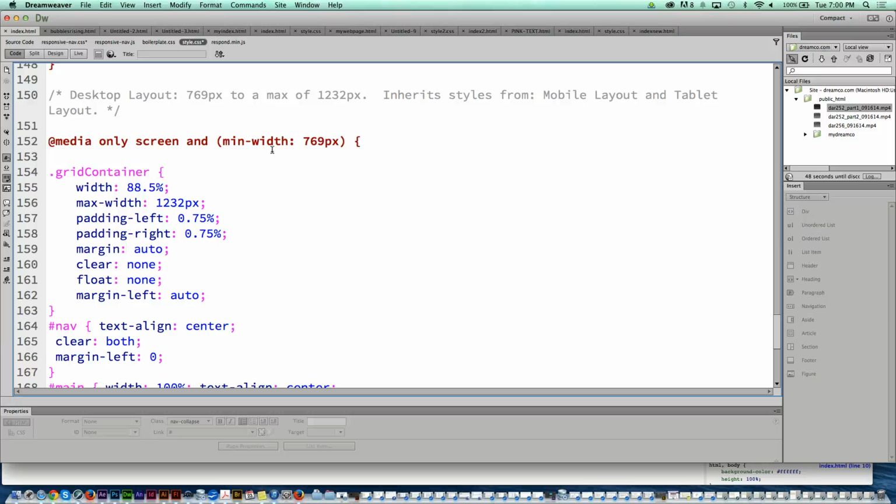That's how we get it so that when you are wearing an Apple Watch, it's going to look right, and it's going to look right here, and it's going to look right on the desktop. So it's the width dimension that's the piece of information. Yes, that's how we differentiate between devices. The width is the maximum width that can display.